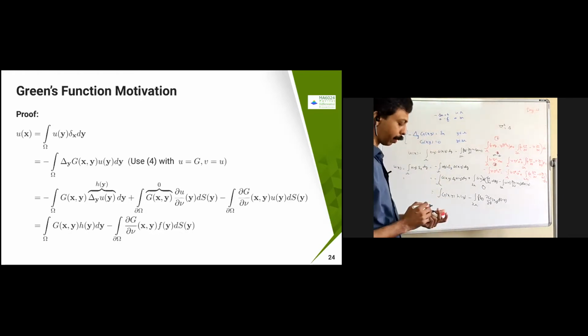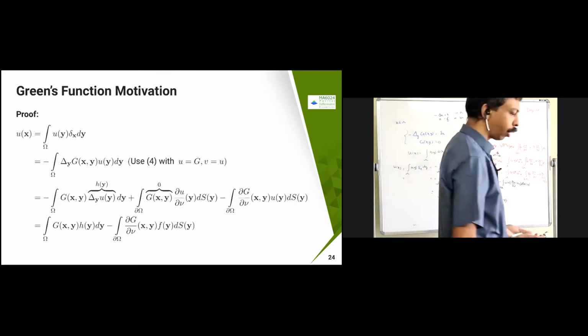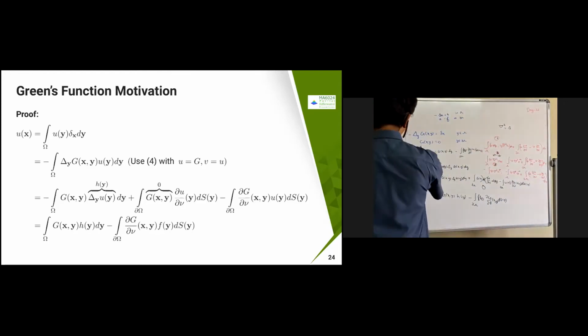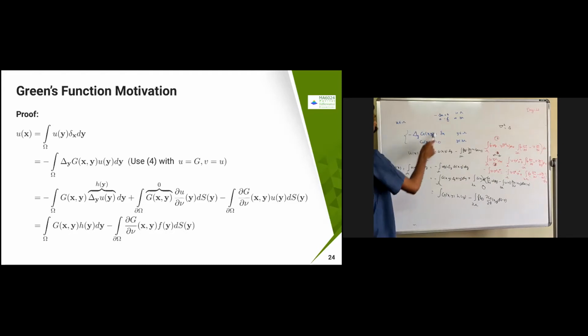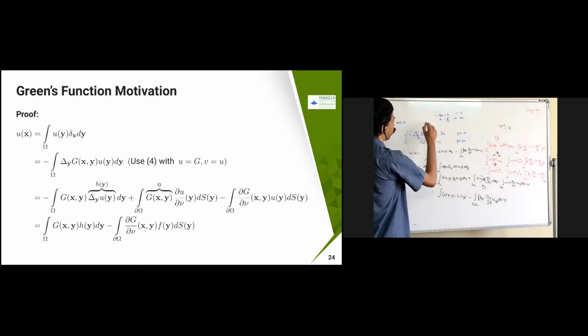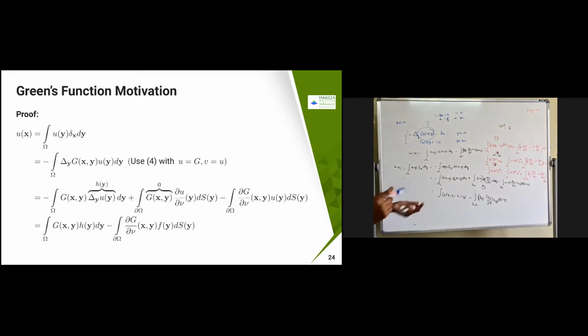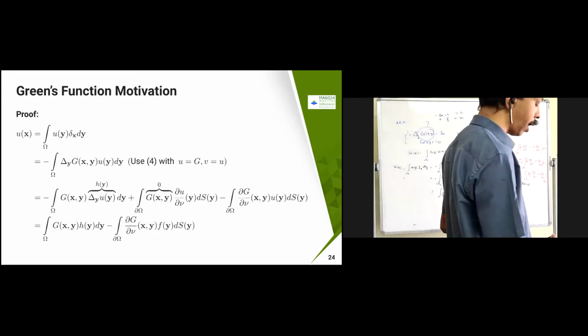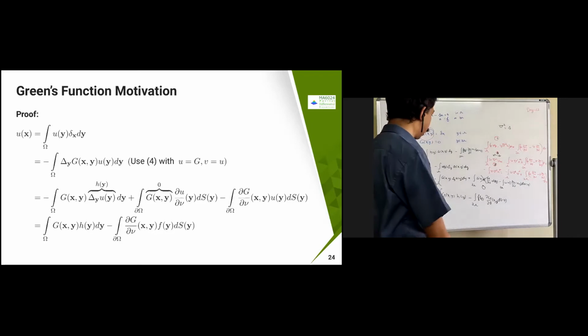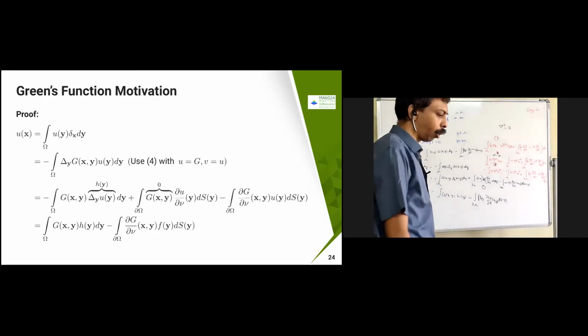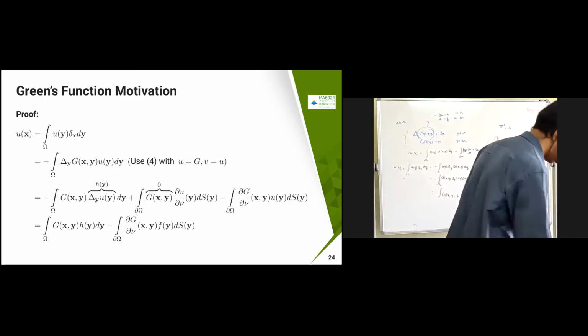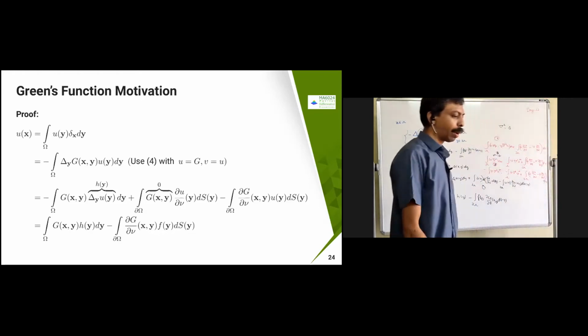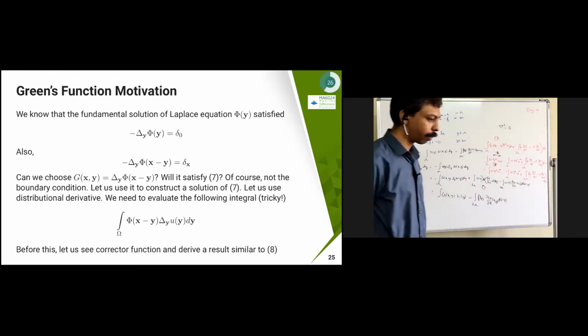This is called the Green's special form. Now what we need to do is find this g. We just assume some g; we say that this is going to represent the formula, and that is going to solve this one. But the question is, what is this g of x,y? I just said some g of x,y, but I didn't define anything. That is the one which we are going to derive. How are we going to get that? That is the motivation again, how it comes.